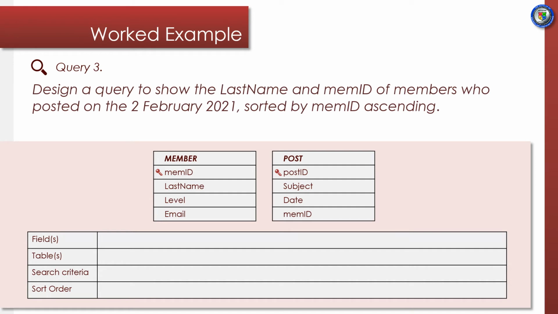Our query designs are now becoming a little more complex. This is because we are adding more information. Query 3. Design a query to show the last name and the mem ID of members who posted on the 2nd of February 2021,